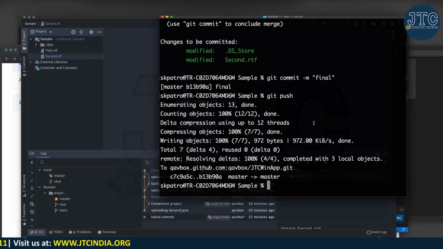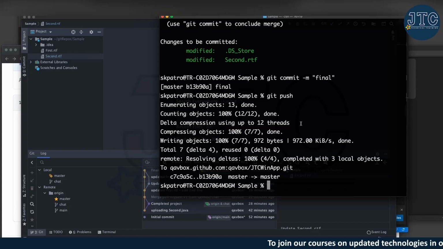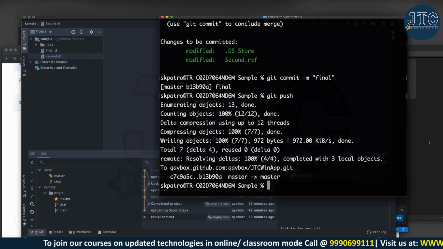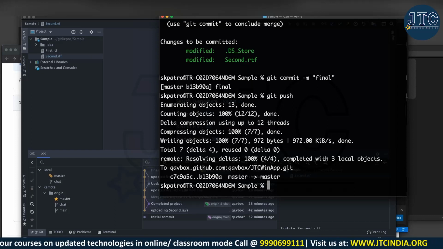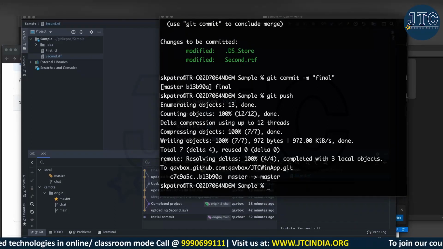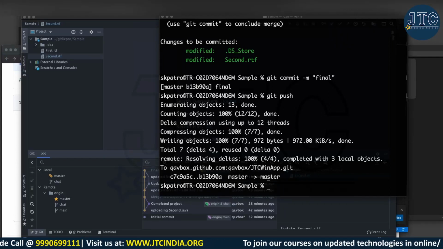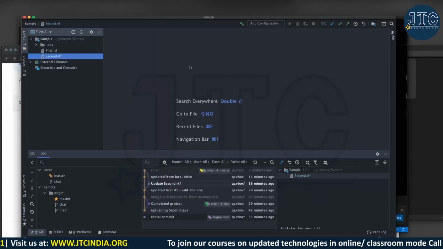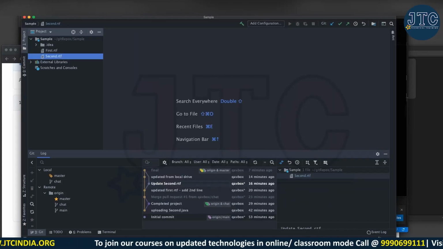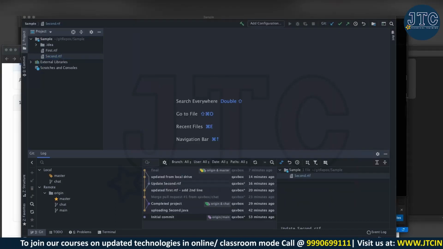Another thing, just not to confuse, but there are certain things you should know. There is something called Git Desktop also. That's a least priority. If you want, you can use it; if you don't want, you don't have to. But I can quickly show that one as well. Sometimes I face problems with these commands, and while push and pull I get some confusion, so I always use this Git Desktop.